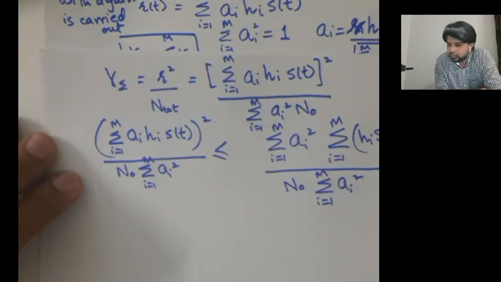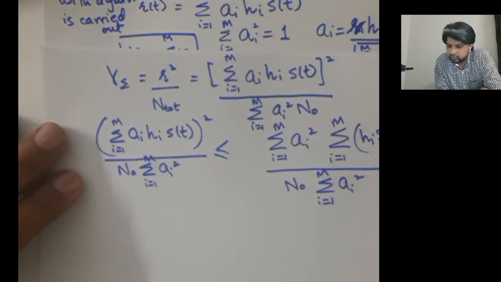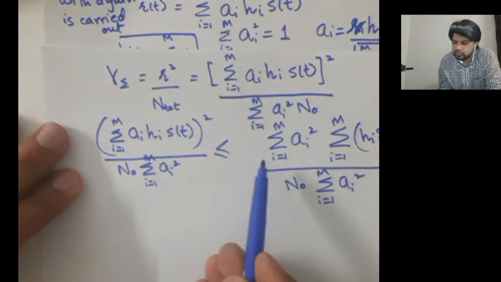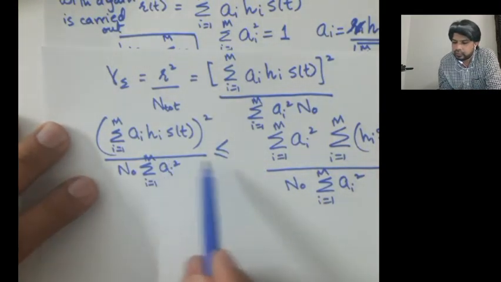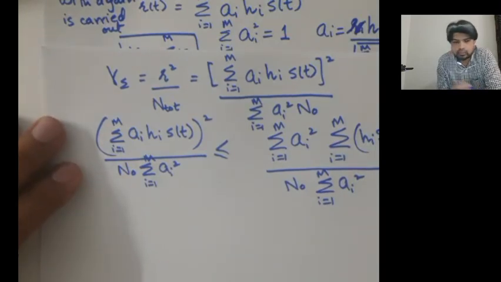So that is what you get with the Jensen's inequality, and you can see that the maximum signal to noise ratio would be equal to when this inequality changes to an equality. So under that condition, your gamma sigma max